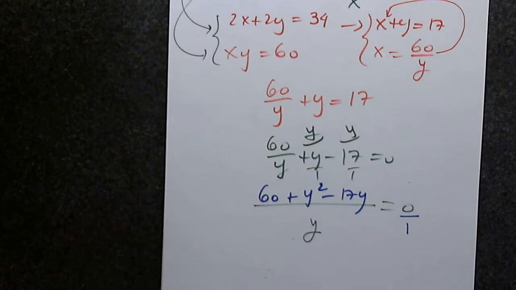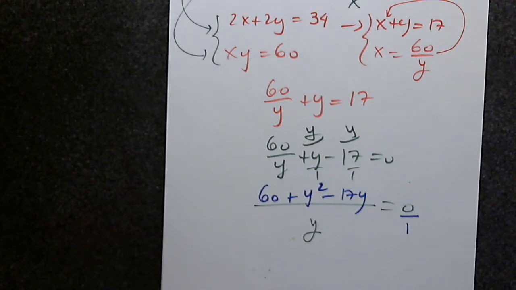Multiply y on the side. Just multiply 12 by y. You mean of this one? Yes. So you want to multiply everything by y? Yes. That's fine. So you will say 60 plus y squared equals 17y. This is exactly what I'm going to get now. Yes, of course. Okay. However,